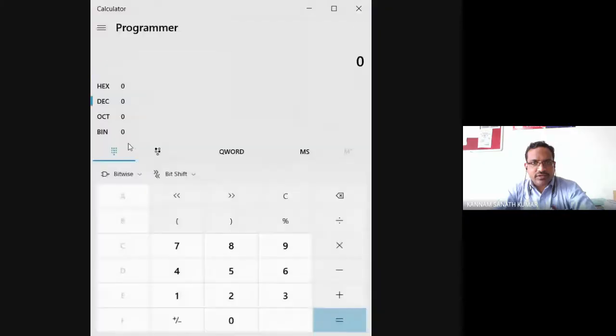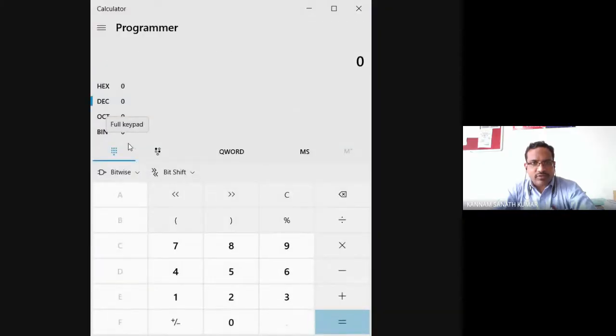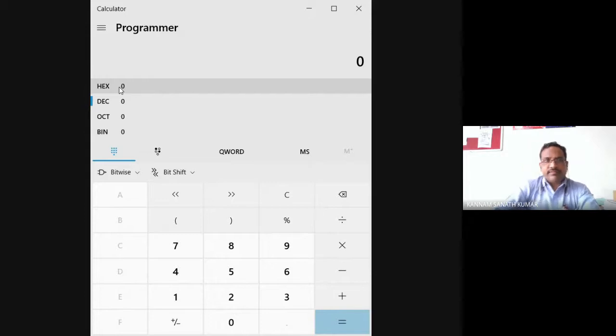So here I am sharing the calculator. Here you should use the programmer's calculator. In this programmer's calculator, you need to select hex. In my instruction, it will multiply R2 with R3.